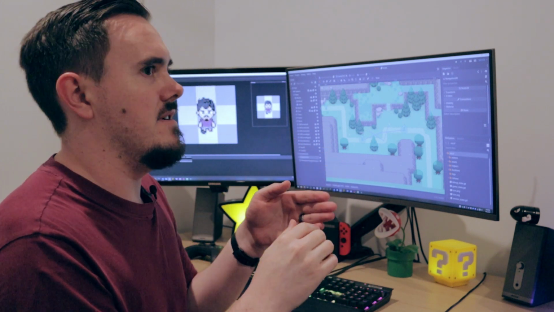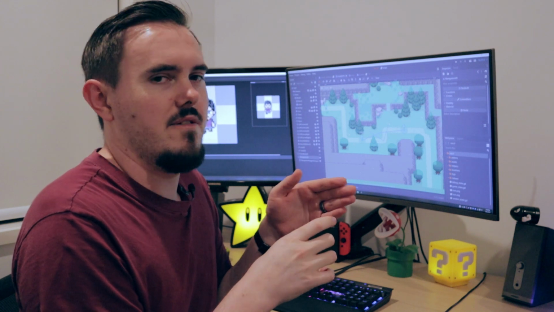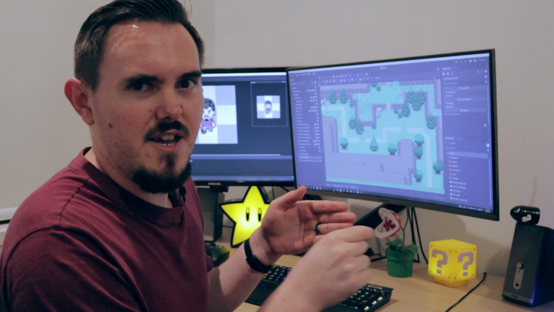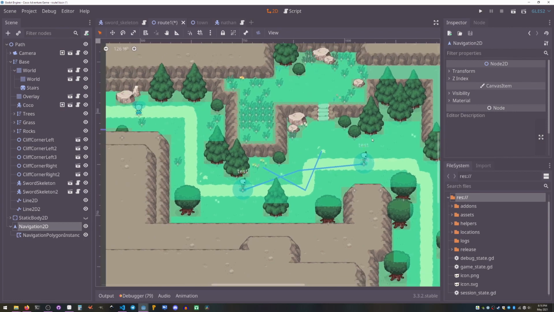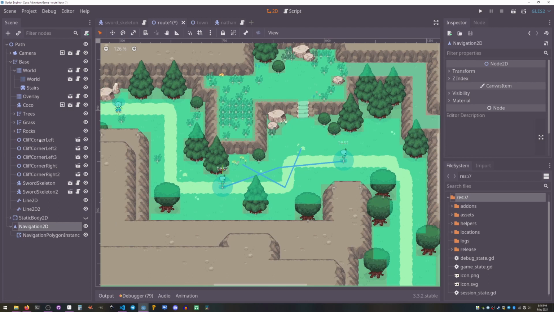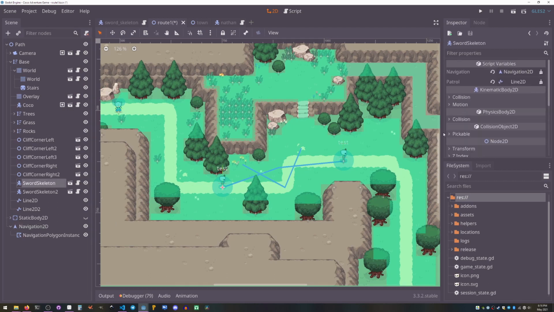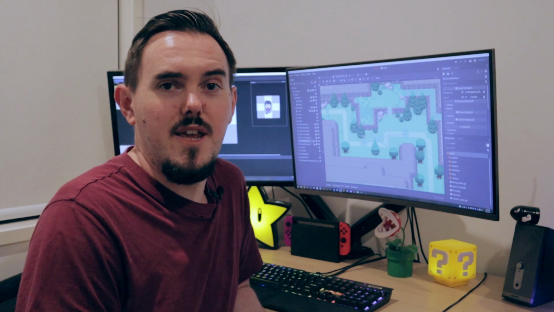I also have a little bit of friction and deceleration as it changes directions, which I think helps stuff just get around a corner. But yeah, so you can see everywhere they can pathfind is all just defined, and then the skeletons themselves are told about this Navigation2D, which they use for the pathfinding, which we saw before. So there's not actually a whole lot to the navigation stuff.